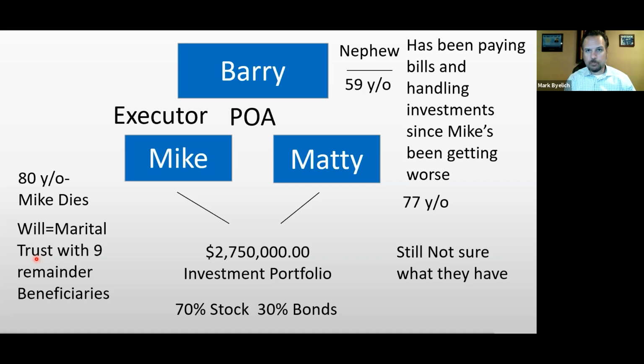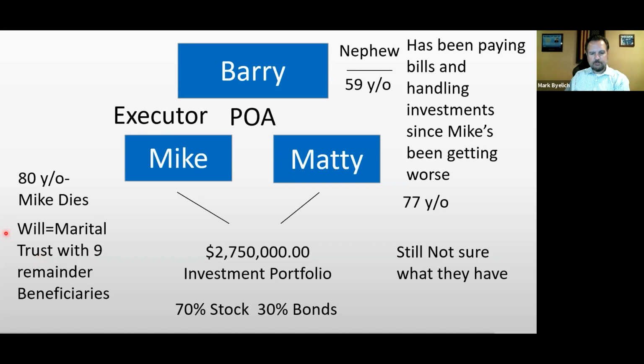because people don't review their wills often. My clients do, but people just don't review their wills often. So there was a marital trust in this case with 9 remainder beneficiaries. What does that mean? Money goes into a trust for Maddie, the $2.7 million, goes into a trust for Maddie for her health, education, maintenance, and support. Right? So for whatever she needs,